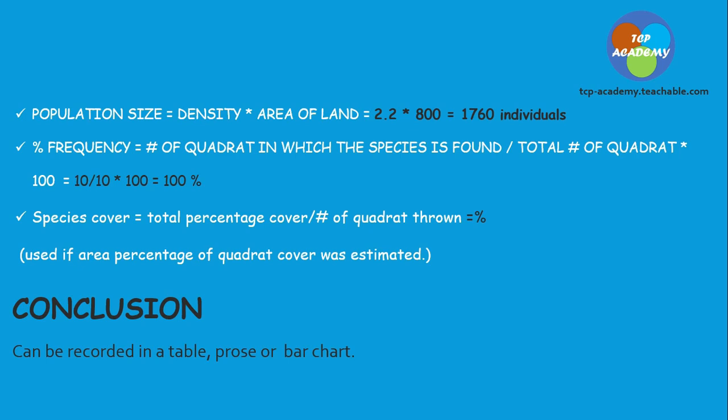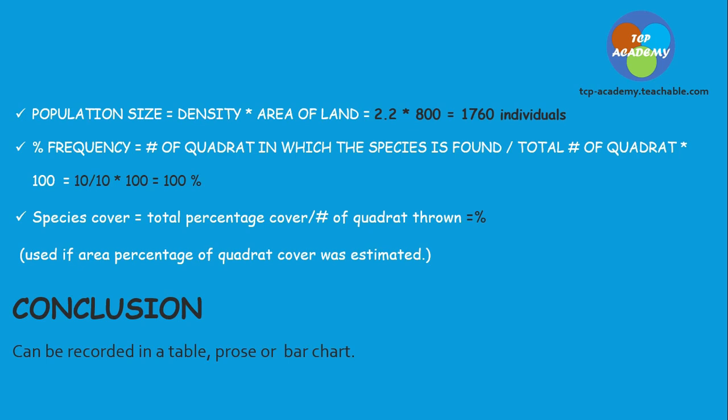Now, species cover is, of course, the total percentage cover divided by the number of quadrat throws. And this is used in areas where the percentage of quadrat cover was estimated. You can't count as if you were using a graph. So you divide your quadrat into smaller frames using strings, and then you estimate the coverage of the area. In that case, you are going to be adding all 10 percentage covers for the 10 throws you made,